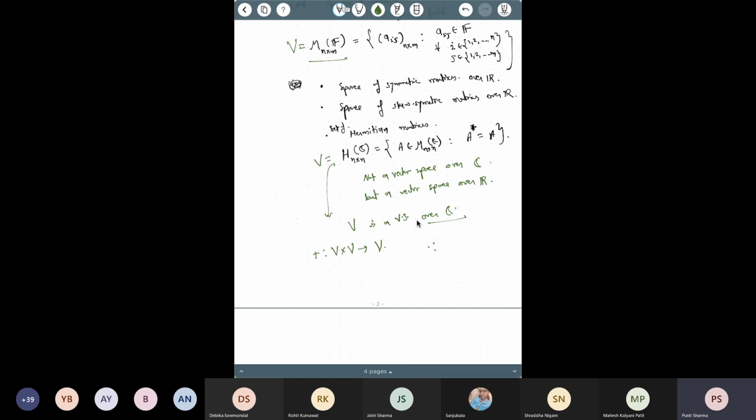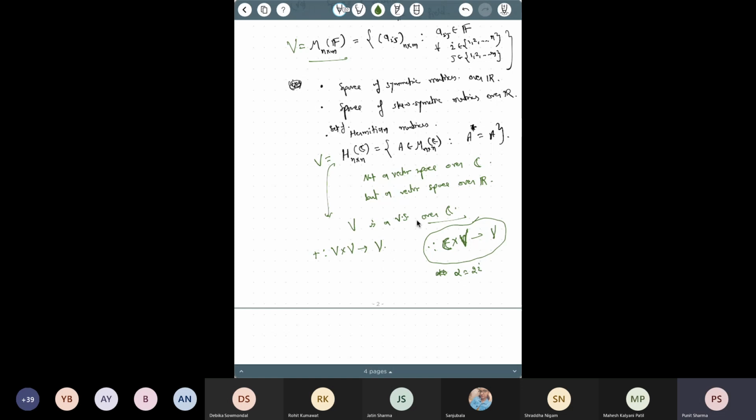This scalar multiplication is a map from F cross V to V. Now for this F you have to say which field it is. When you are checking it's a vector space over C, this F would be C. Now you can check that this is not a well-defined thing here. Take alpha, let's say it's a complex number where the imaginary part is non-zero. Let's say alpha, you can take any, let's say 2i,